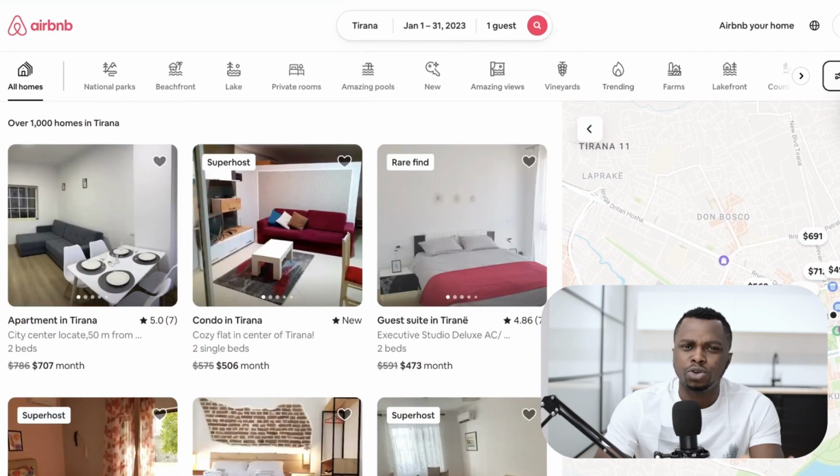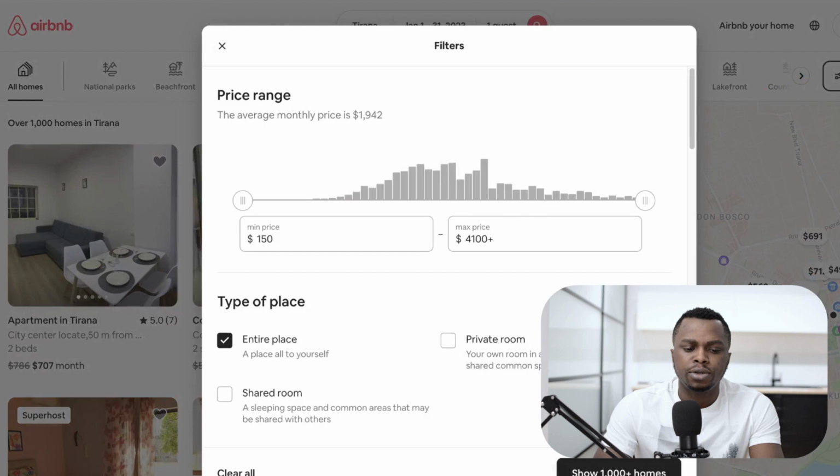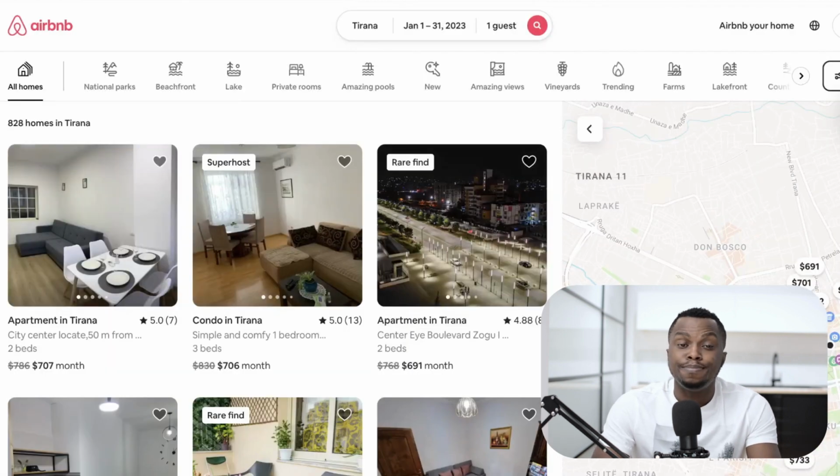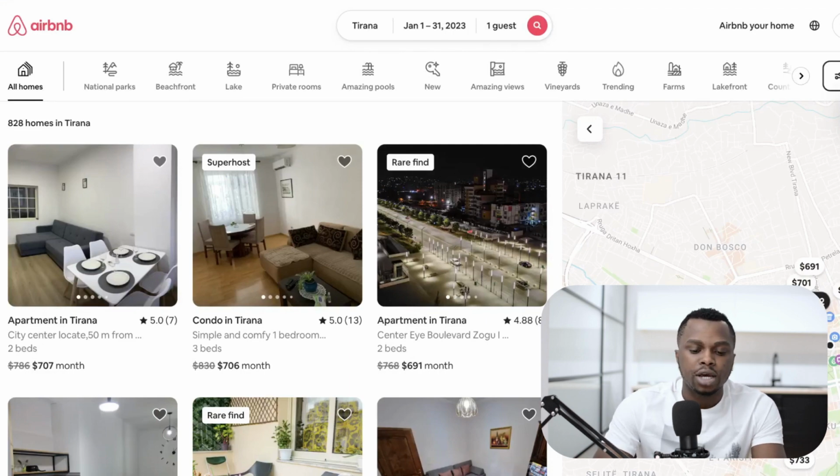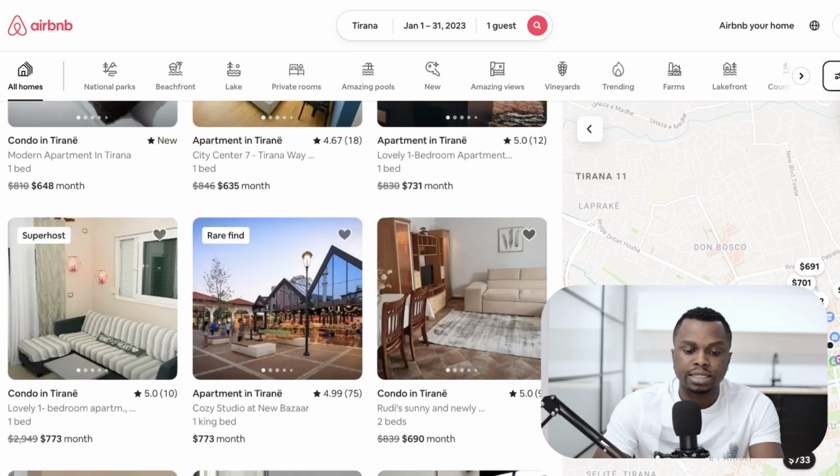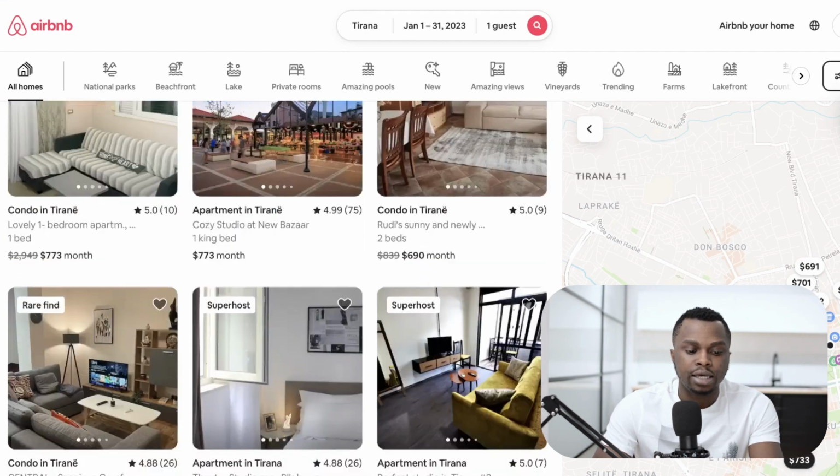But if you want to get the best apartment, of course, you want to go over the median price. So you want to stay around the median price. So I'm going to set my price filter to anywhere from 500 at least, or let's say 600 to say 1,000 or maybe 1,100. Now I'm going to tell you exactly how this is really important. It's important because you want to find the best apartments here. Now the best apartments are not going to be in the low range. They're going to be in the mid range, to the higher range.